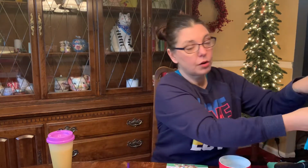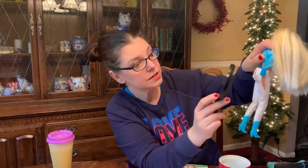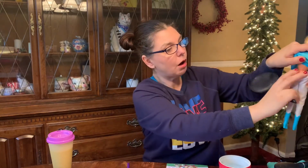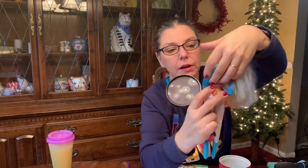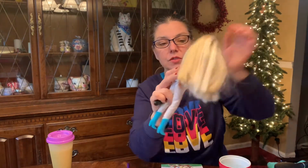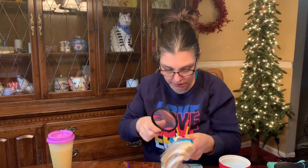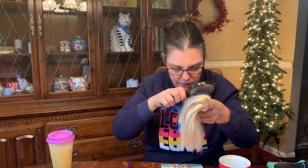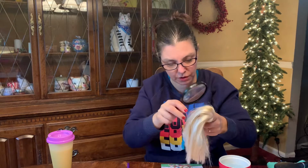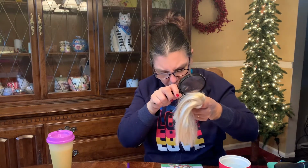After, so not on her butt, excuse me, as she's, but it's hard. I have my trusty magnifying glass, but it's on the small of her back. So right about in here is where you can always look for some kind of marking on Barbie. So let's take this Barbie, for instance. So we're gonna look, so this one says Mattel Inc., okay, which they'll all say, and this one says